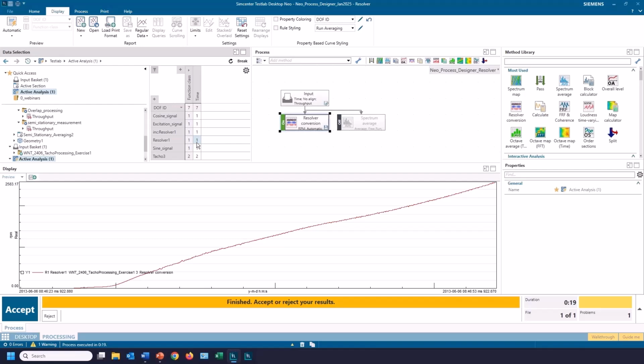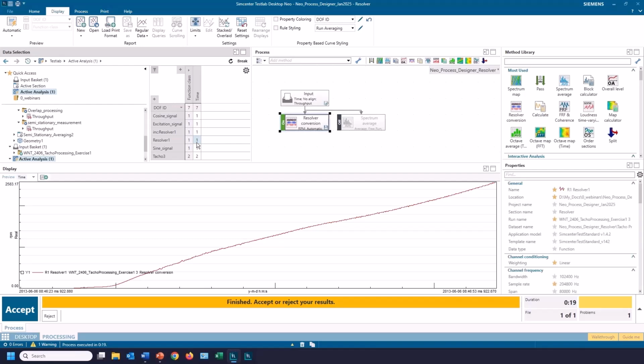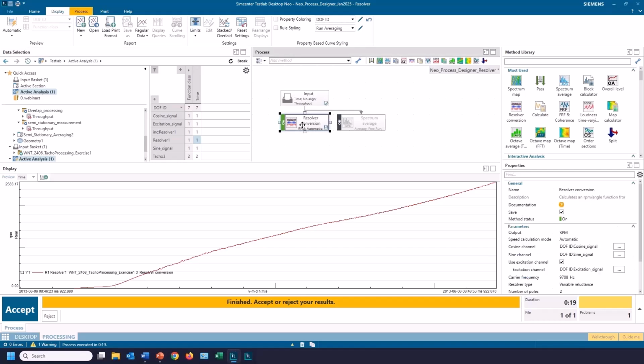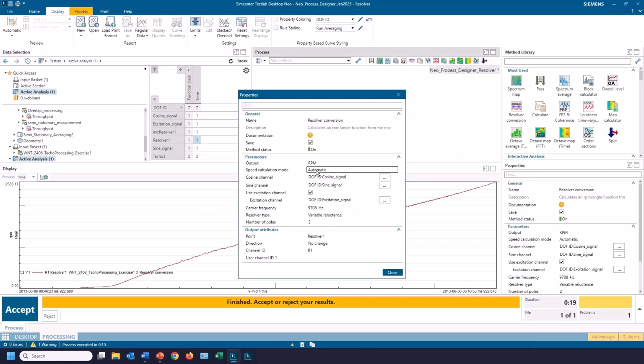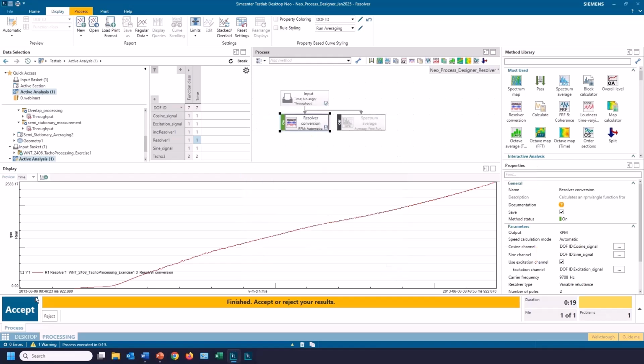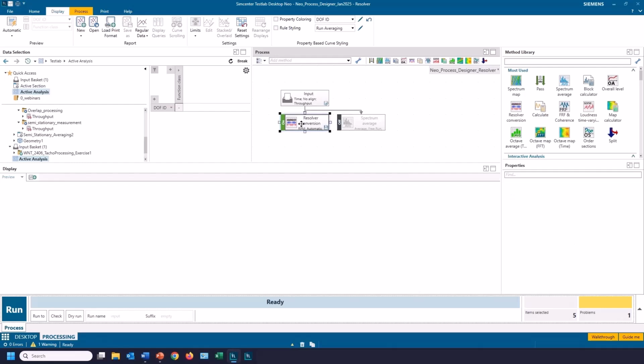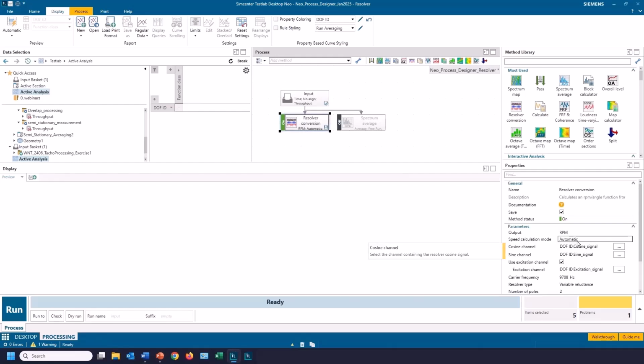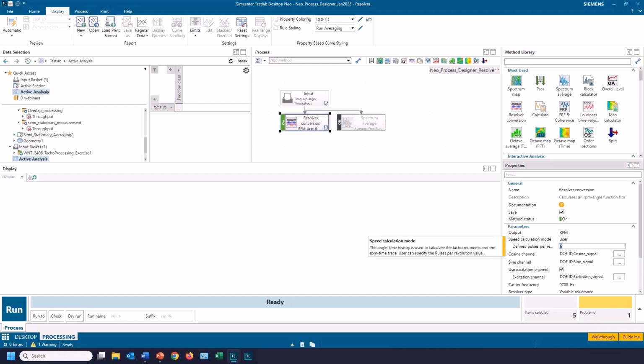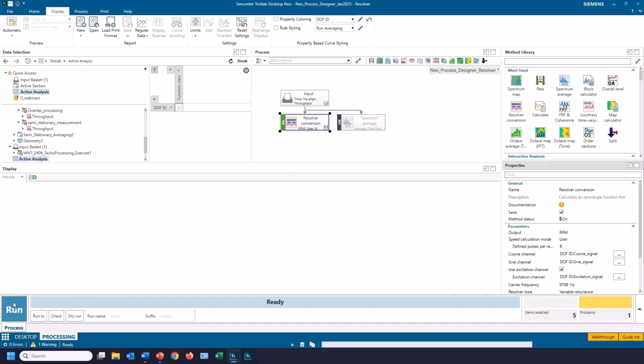Okay, so there I did the resolver. This is the result RPM. And this was using an output speed calculation mode of automatic. If I wanted to change that to user defined, then we can specify how many pulses per rev we want. So this is a way to improve or change the dynamics of the RPM calculations. If I run that again,